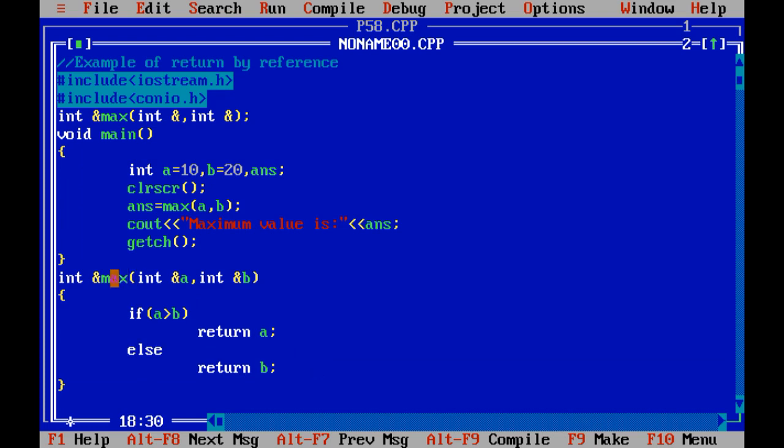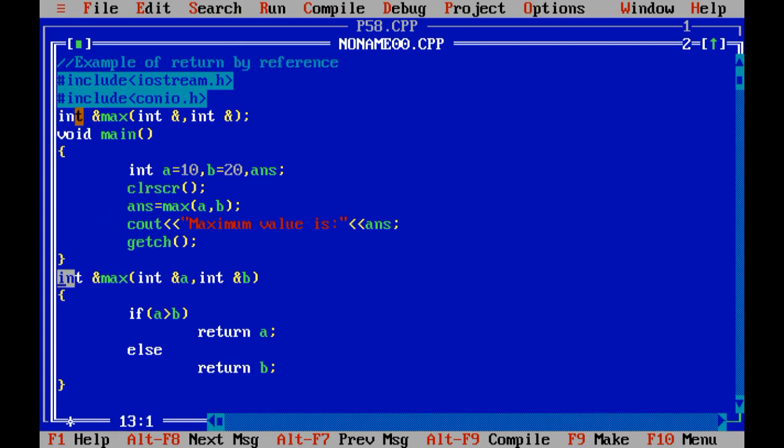So over here, before declaring the name of the function, I have used the ampersand sign, which is called the concept of return by reference. When you are going to return a value from the function, void is not there, but whatever the type of value I am going to return, here it is an integer value.